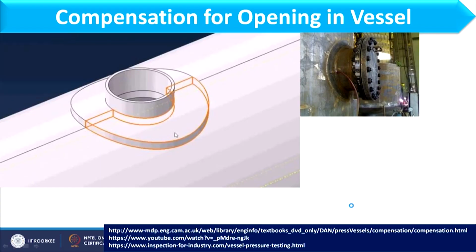Okay. So, if you consider this example, here I have the hole where I have put this nozzle, and this is basically the compensation. If you observe this compensation, what is this? This is basically extra material we have placed around the nozzle. As you can also observe from this image, here we have this opening where the nozzle is placed, and this ring you can consider as compensation. We also call this reinforcement.